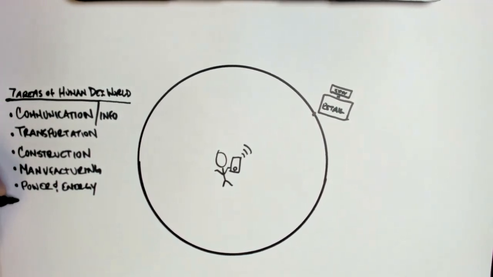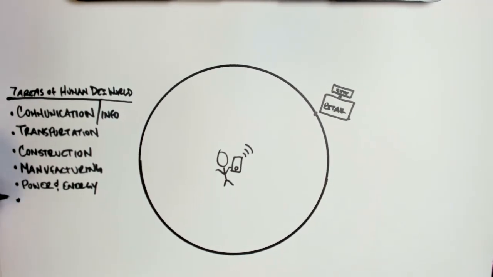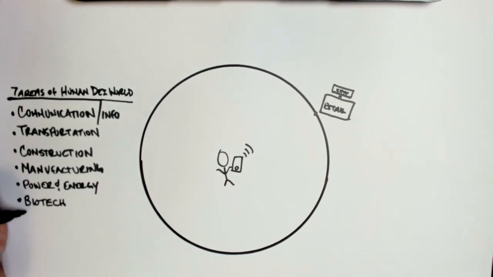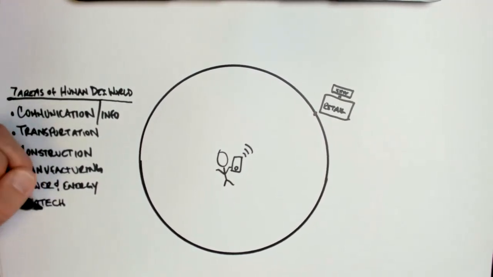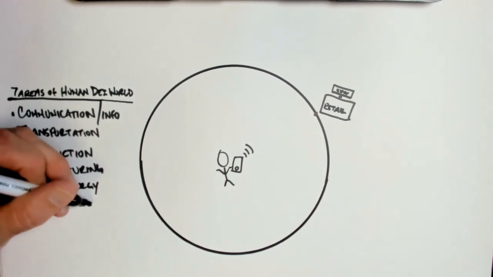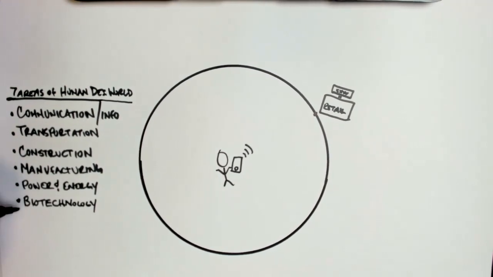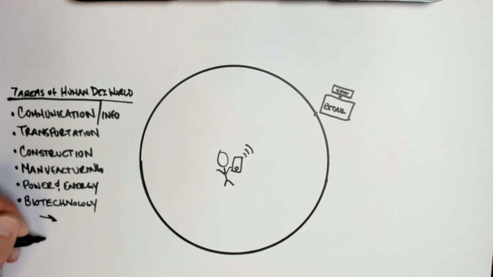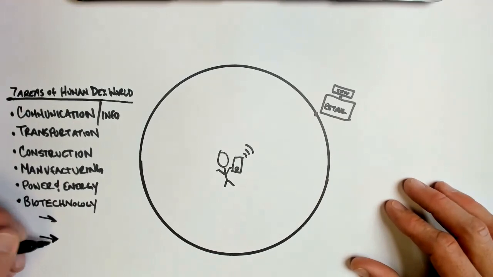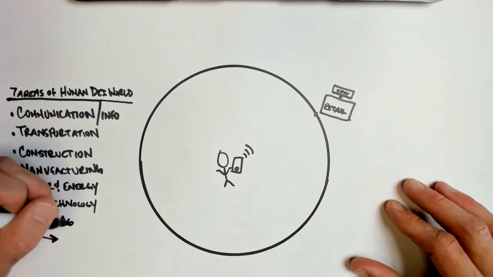And then the last area, the 6th one here, actually breaks into 2 categories, and this is biotechnology. And when we think of biotechnology in the classroom, a lot of times it has to do with hydroponics. This would be mixing living things, bio, with human design things, technology. And in this biotech, we could break this into 2 categories. If you look up the word biotech online on Wikipedia, recombinant DNA is one of the biggest things you're going to see there. But we're going to put this into 2 things: agriculture,